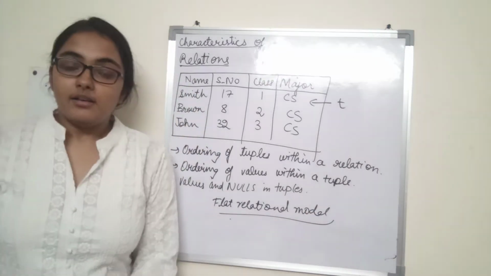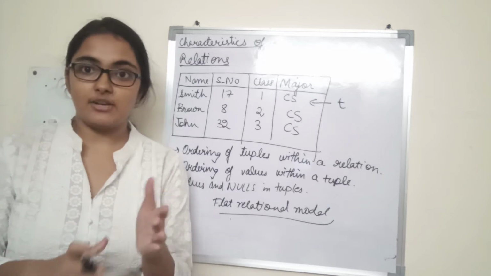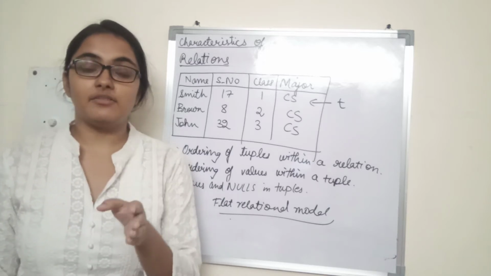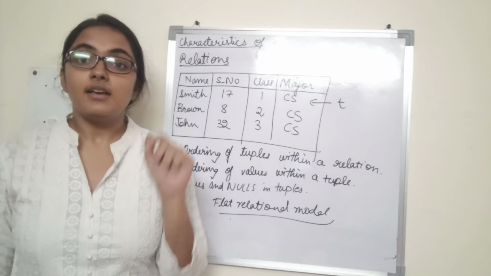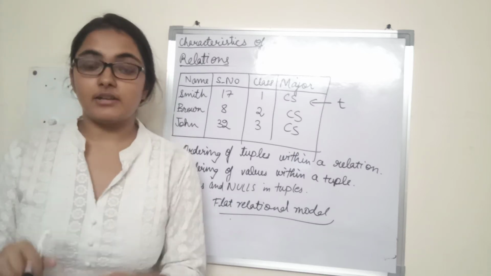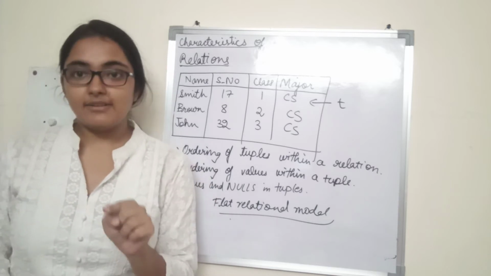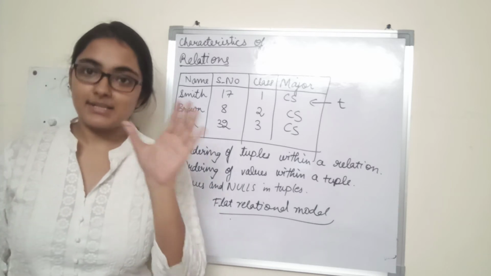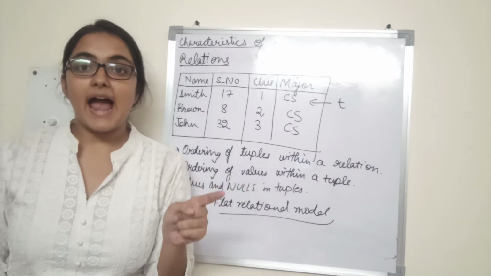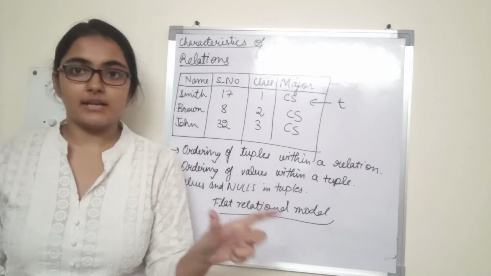Okay. So how do we deal with multi-valued or composite attributes? You remember multi-valued and composite attributes while we were discussing the ER model, right? If we have to represent multi-valued attributes or composite attributes, for multi-valued attributes, we represent them using separate relations. And for composite attributes, we represent them using simple component attributes.